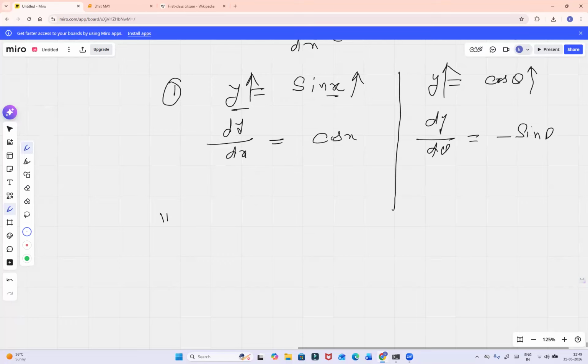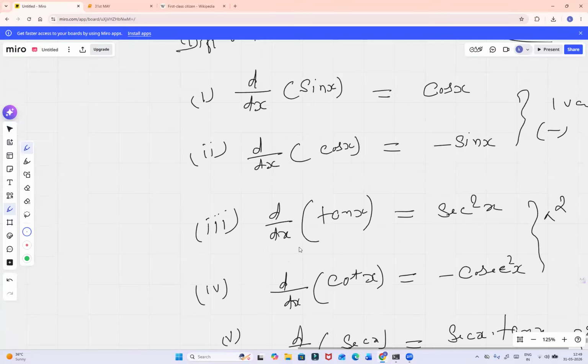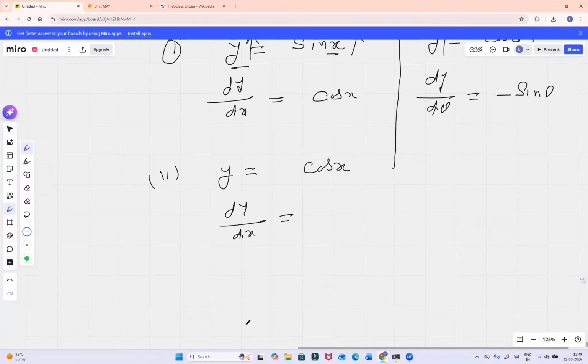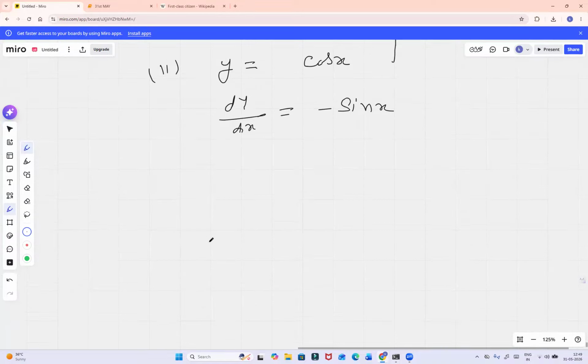Second, y equal to cos x. What will be dy by dx? Formula: minus sin x. So today we'll play around with these two only. Okay. Third question is